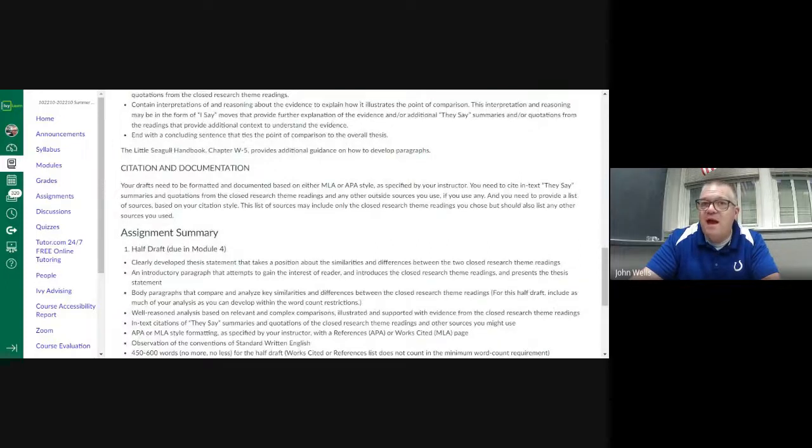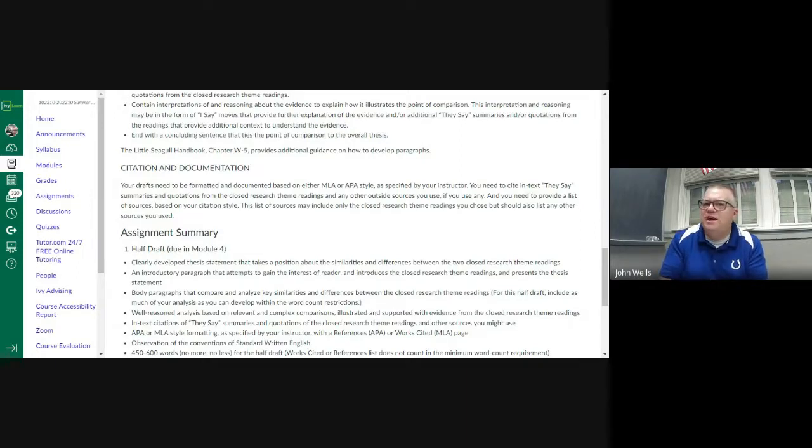You will use either APA or MLA style on this. Either one is fine. Because you are now going to be working with two different texts, it's going to be really important to make sure that you're very clear about what text you're getting information from and that you are doing those in-text citations. Because this is now more of a formal paper, it's an analysis, we are not going to use the first person. Now, remember the first paper, we were able to use that because it was your reaction to the text, right? We're getting rid of that now. So no first person. No, I think, we do this, we should think. Just avoid all that first person.